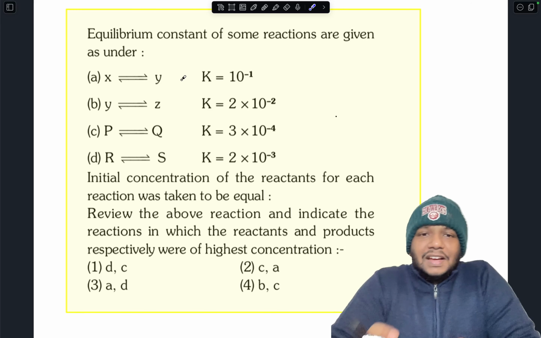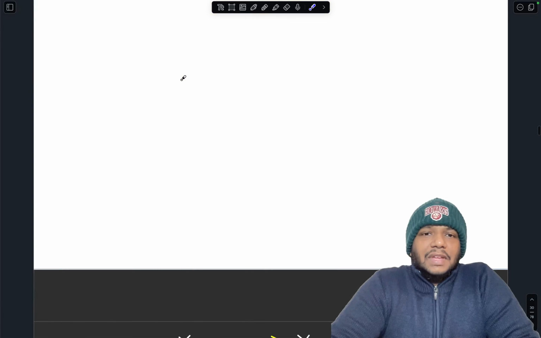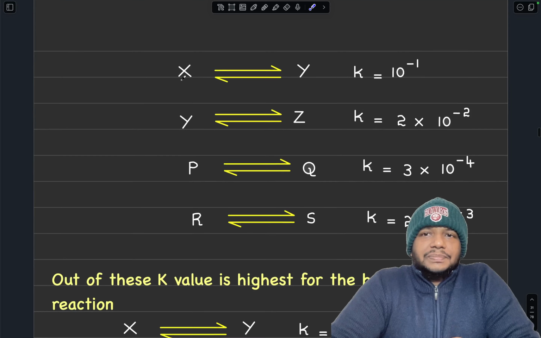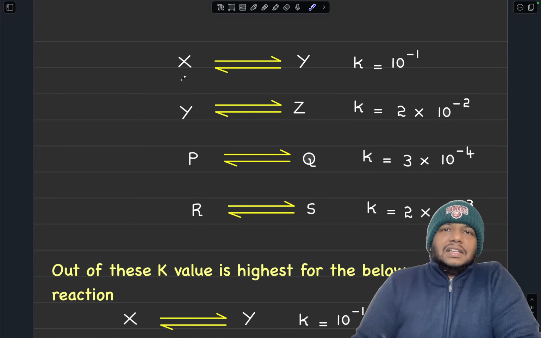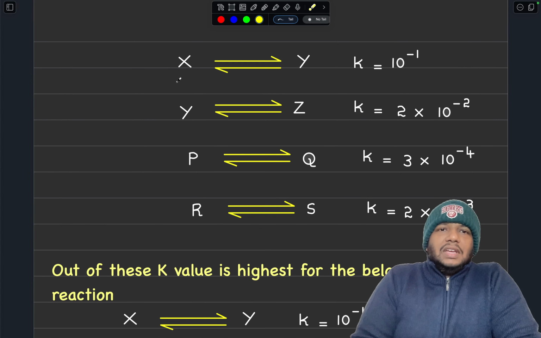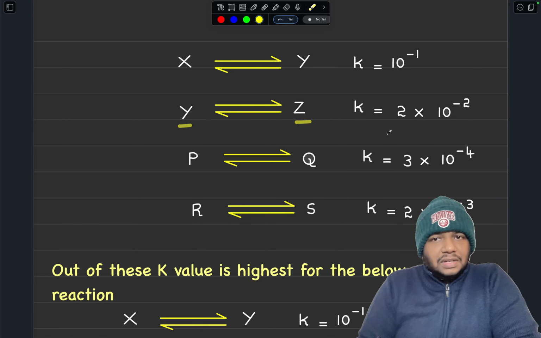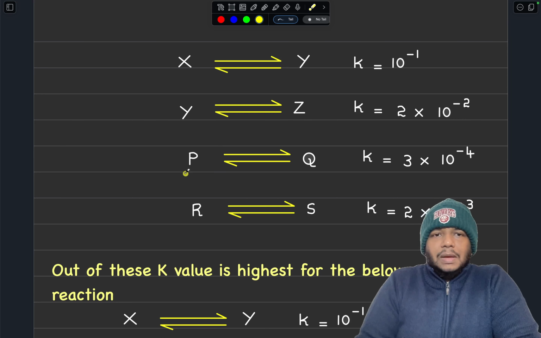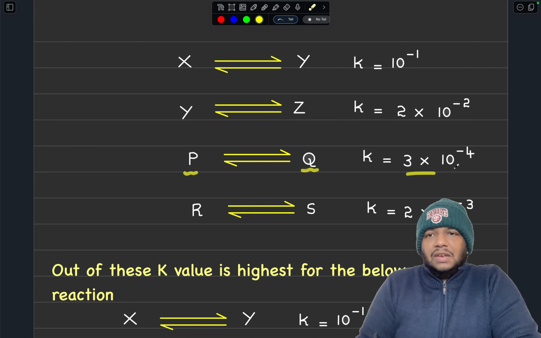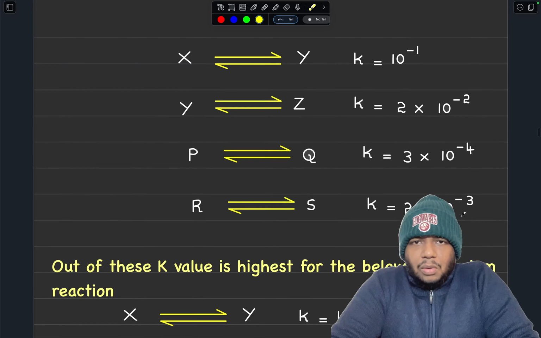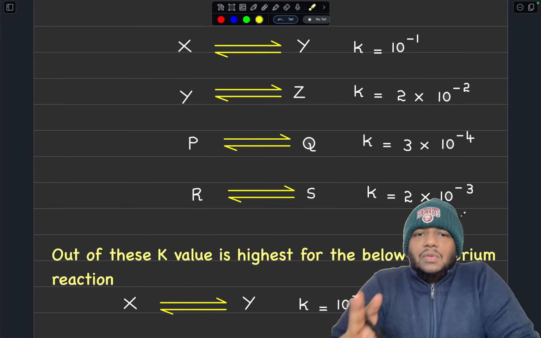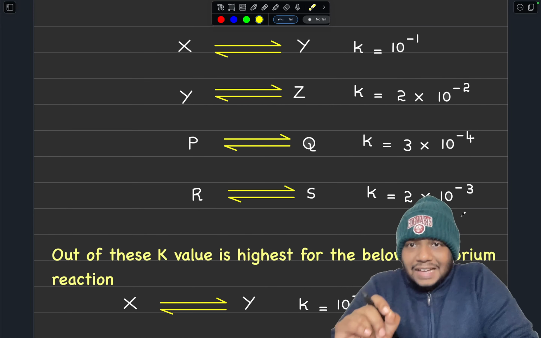So let's see how to approach this question. I hope all of you could see. Now this is the same data that is mentioned here. I will take another color for you to understand a little. Here I have rewritten the same data: X getting converted to Y, the K value is given here; Y getting converted to Z, for that also the K value is mentioned; P getting converted to Q, the K value is given; and R getting converted to S, the K value is mentioned. Now if we analyze these K values,